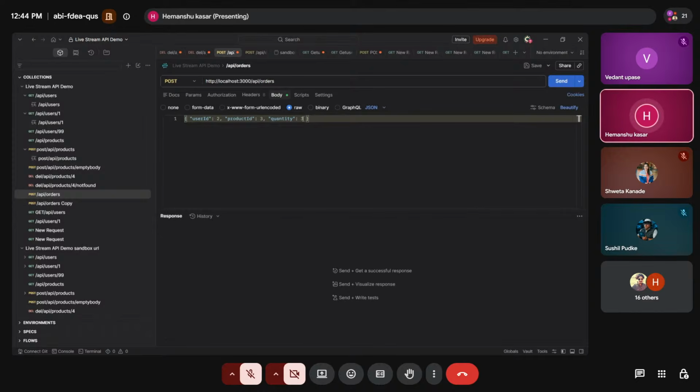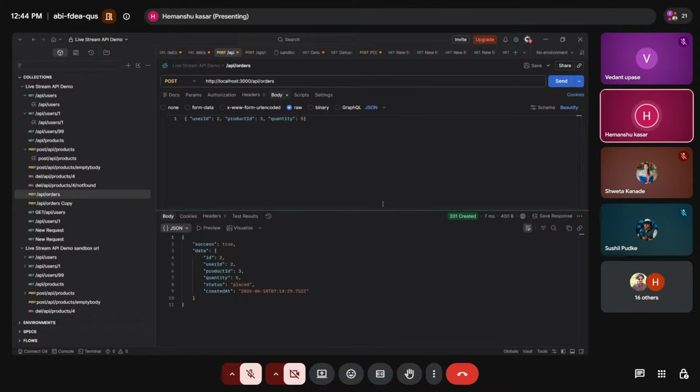We can place the order, and the quantity we can place as much as we want. 5 I will add here. Once I click on send, we are able to see that for the particular user, product 3 and quantity 5 of the particular product has been placed.